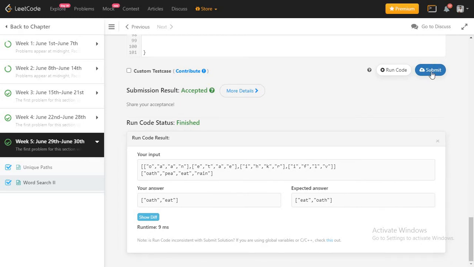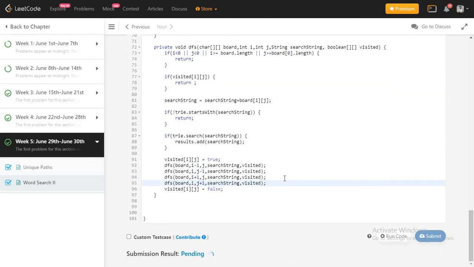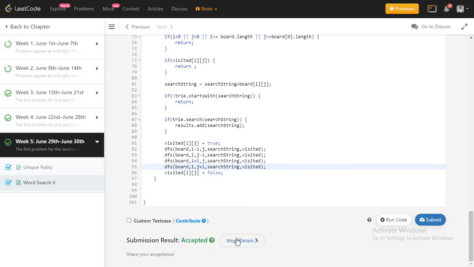Yeah, you can see now it's giving the expected output. Let me submit the solution and check whether it's accepted or not. Yeah, I think it's accepted.